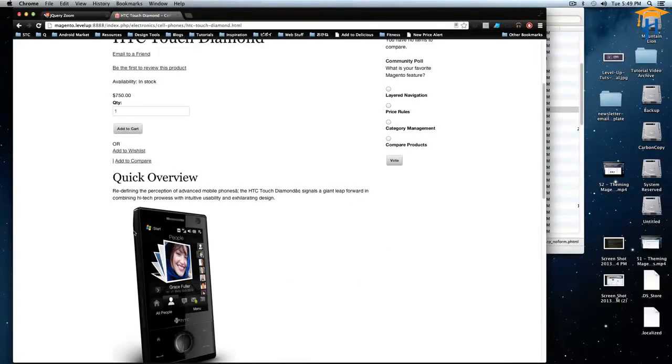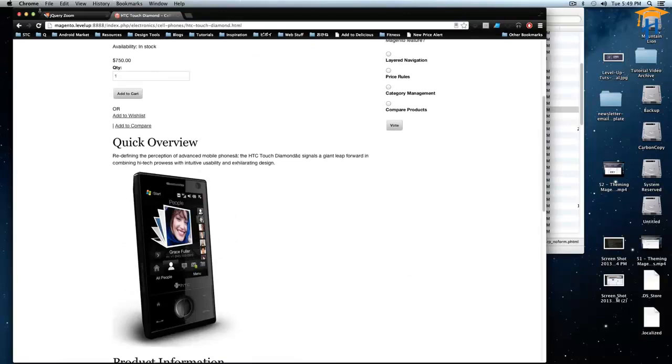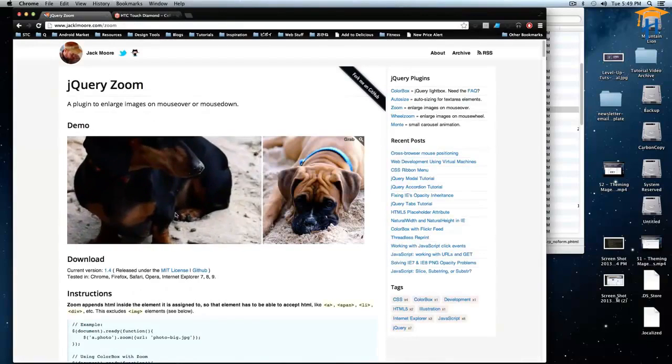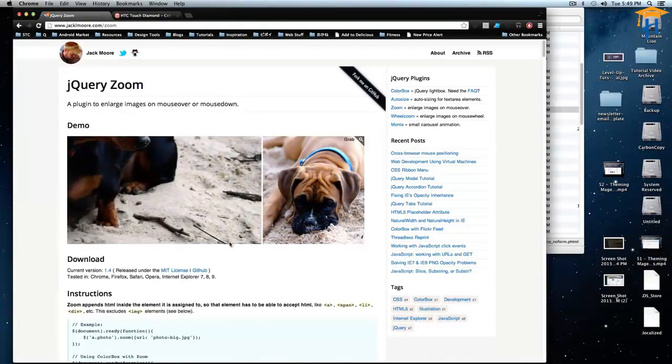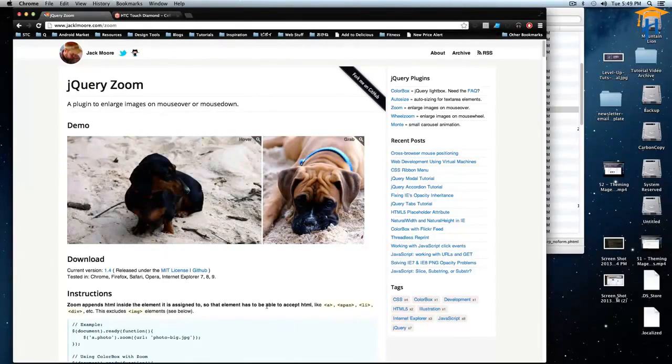I'm going to show you how to replace the default jQuery zooming feature they have with your own that's maybe a little bit more updated. We're going to be using this jQuery zoom. It's a little bit easier. You just hover over instead of having to do that slide in and all that stuff that the default one does. So to get started, I want you to download this jQuery zoom